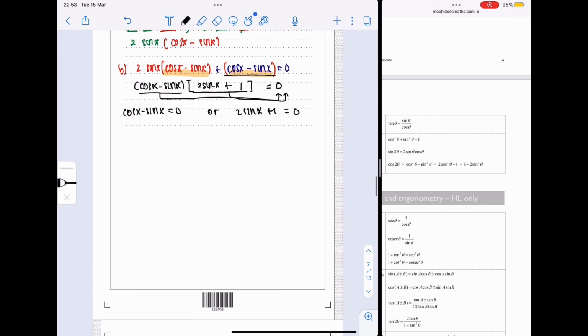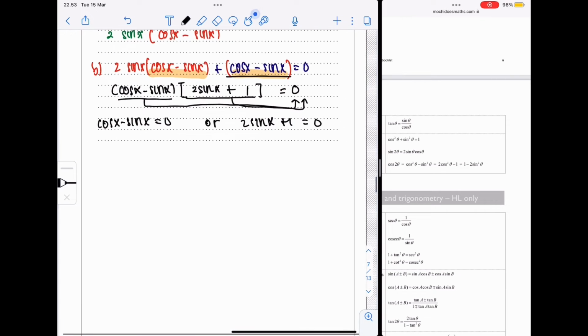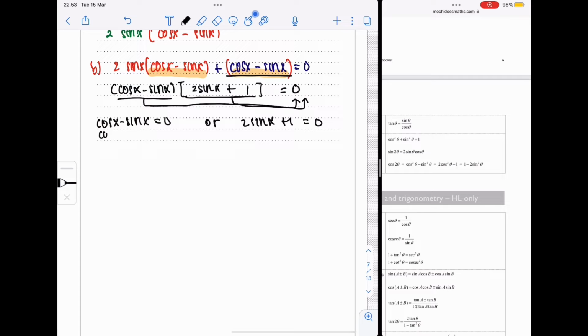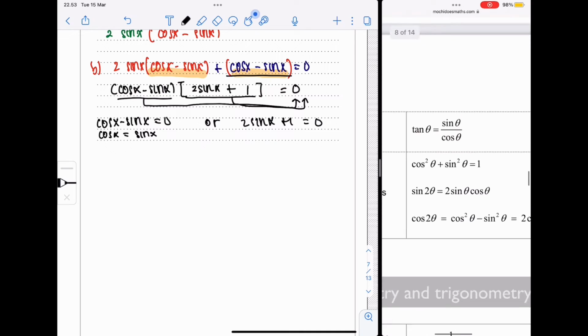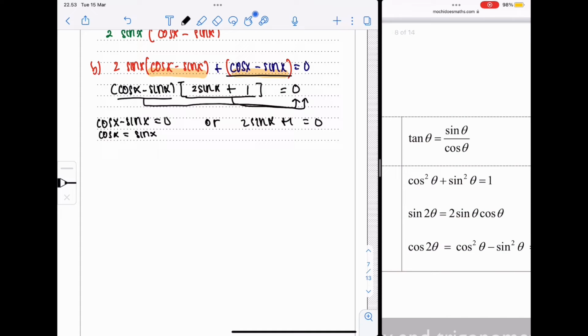Okay, doing algebra, I'll move the sine x to the right. The goal is to make them the same term. Cos x and sin x are different terms, so it will be difficult to find x. And if you notice here, there's an identity of tangent, so divide it all by cos x. 1 equals sin x over cos x, which equals tan of x. Okay,